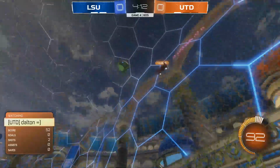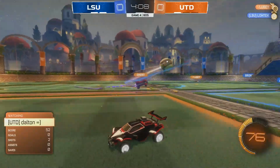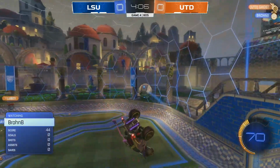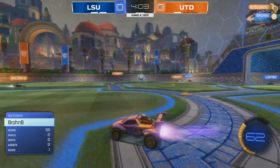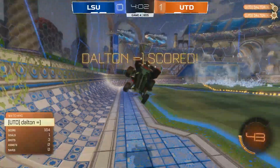In most of these games, the first minute has been very quiet from both sides. And that's kind of been the series, you know. These teams have been fighting for the midfield presence. They've been fighting for possession. Sometimes it feels like they don't want it, but Dalton wants the net into the corner, and UT Dallas take